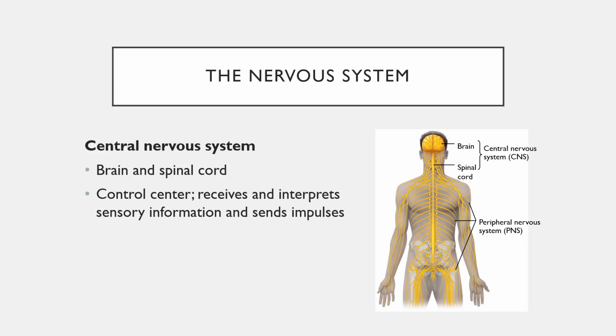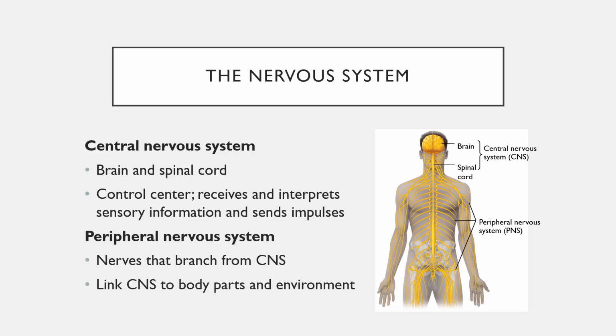And we can think about the central nervous system as being like the control center. Its responsibility is to receive and interpret sensory information and then send impulses back out to other parts of the body in order to react to that sensory information. Where that information comes from is the peripheral nervous system. So the peripheral nervous system is found in branches of neurons throughout the body. And these link the central nervous system to the body parts and allow the central nervous system to perceive signals